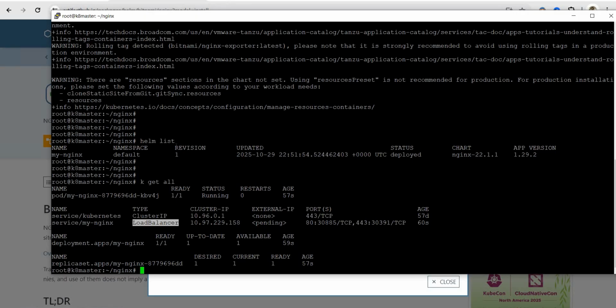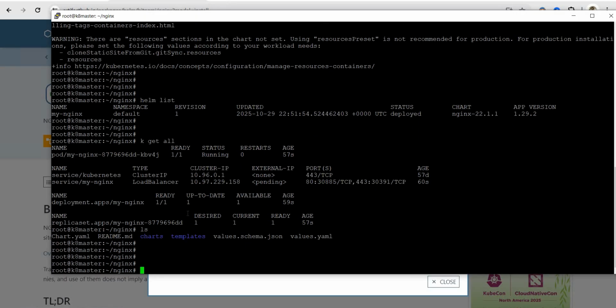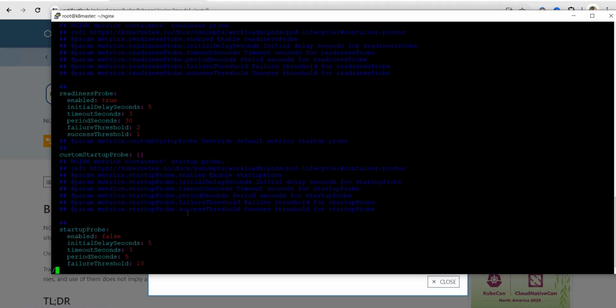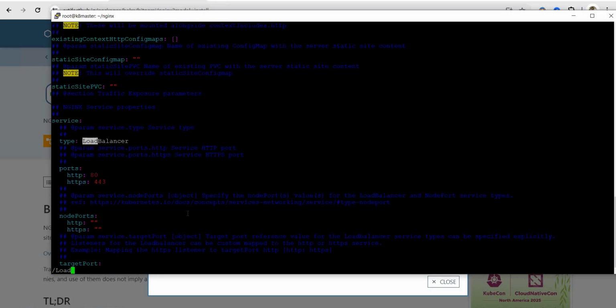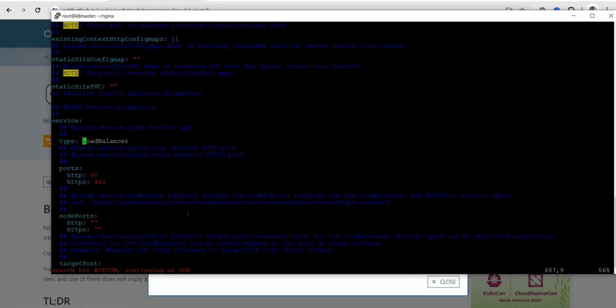If you are directly installing it from your repository, then there is no window, right? You cannot update that values.yaml. So to achieve that, what we have done is we have downloaded the chart nginx, and here if I want I can deal with this values.yaml, and I will just look for load balancer. You can see it is the type of the load balancer, right? And if I simply change it to node port